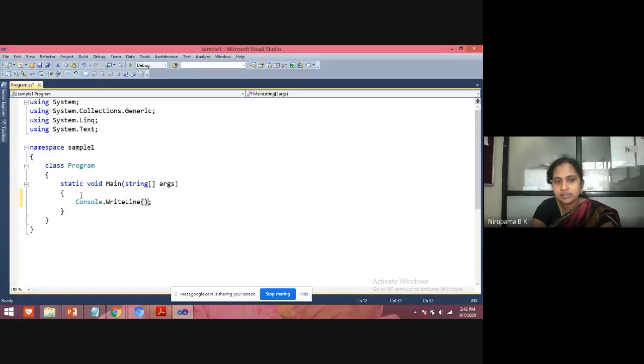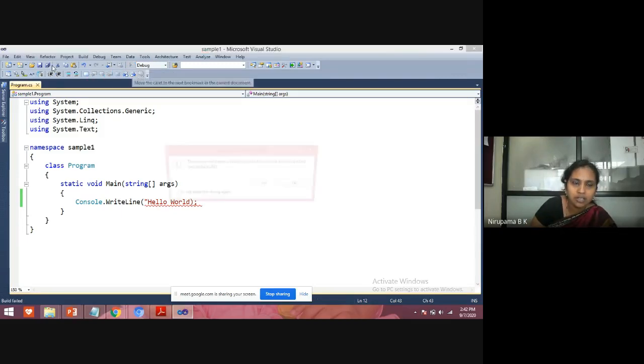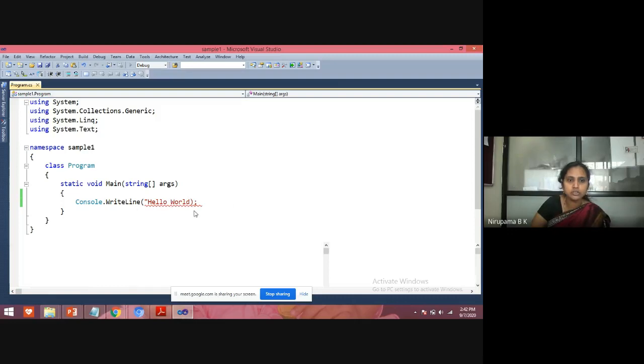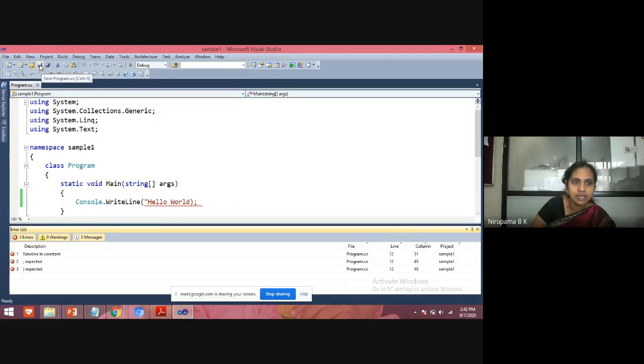So here, within these two brackets, whatever statement you want to display on the monitor, you need to write here. I'll write here Hello World, most commonly everybody will execute this program. So save this program. I am doing some mistakes in this program. Once you finish typing, click on save. You can see the save option.